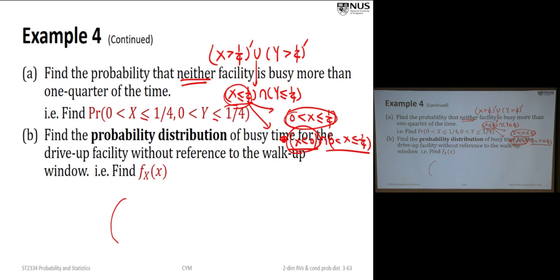So what we do is try to combine all the f of x, y with the same x value. How can we do that? We just do the integration, integrate out y. That is the same as summing up all the f of x, y with the same x value. We don't care about the y. We just sum them up, all the f of x, y with the same x value. All right?